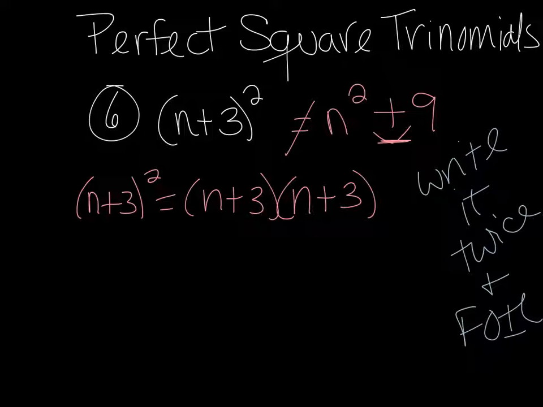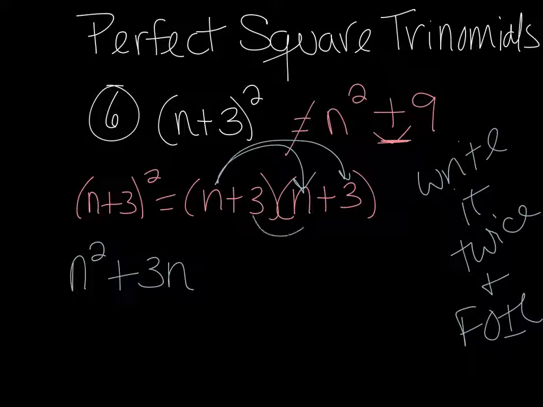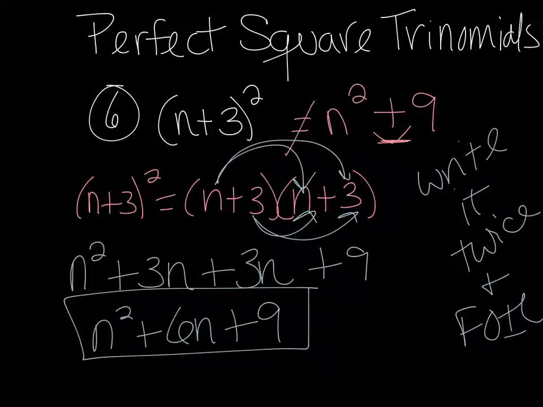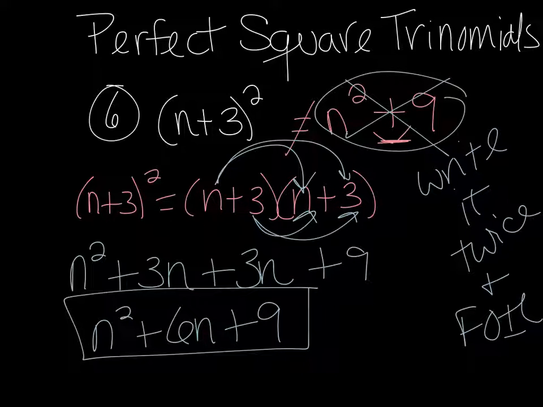So now that you've written it out twice, you have first, n times n, which is n squared. Outside, n times 3, so plus 3n. Inside is 3 times n, so another plus 3n. And last is a plus 9. So by combining like terms, we get n squared plus 6n plus 9, which is not the same as n squared plus 9. You are missing that middle term when you don't FOIL,